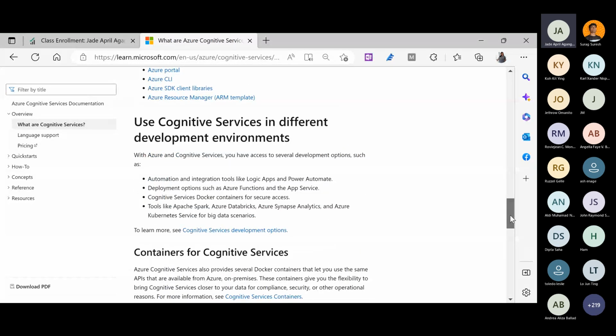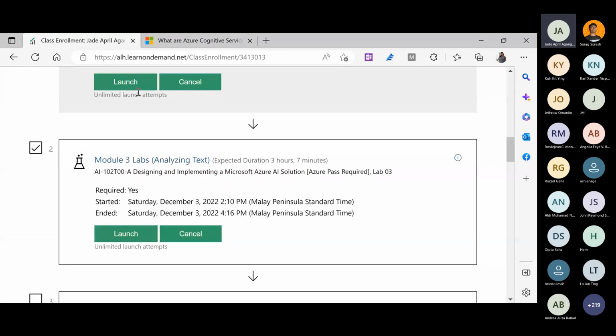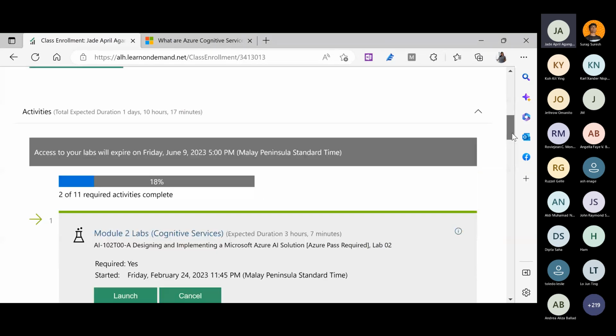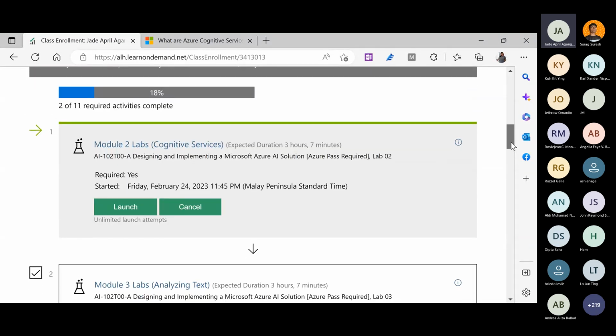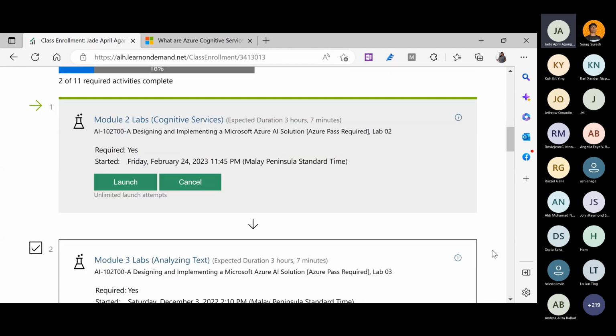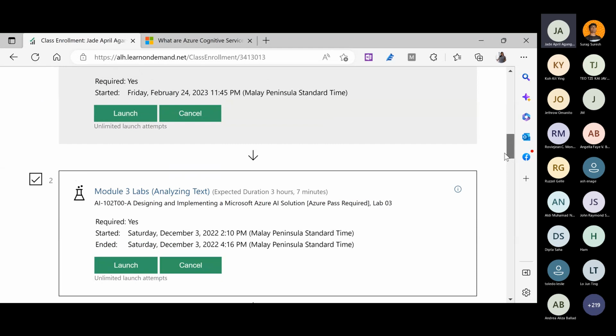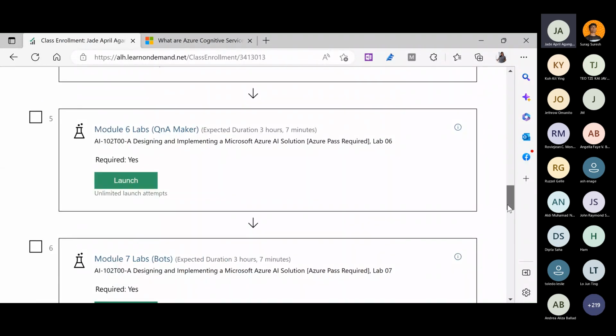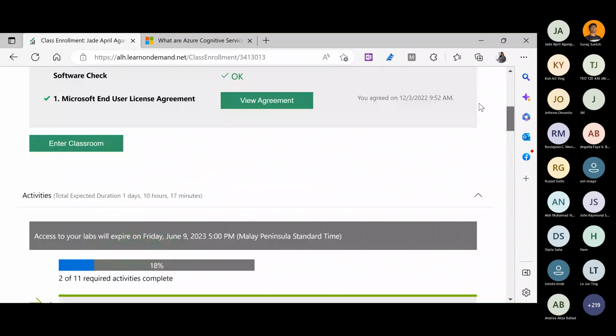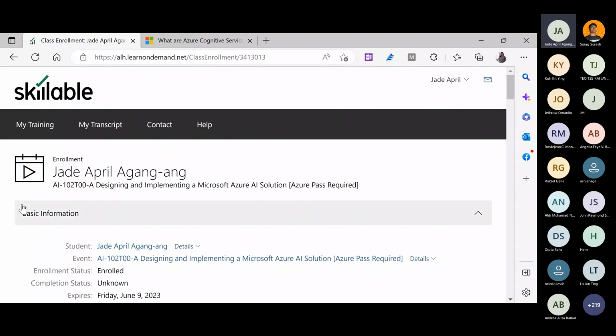Since we are now here on this site, I'm going to click this tab over here. Have you experienced this? Have you tried? These are the module labs that I'm trying to finish. While learning AI-102, these labs are very helpful so that we'll be able to understand more about how to do cognitive services and other speech services. I'm not done with my labs yet, but I love doing my labs. This is under Skillable, and it was given to me because we are under a training.